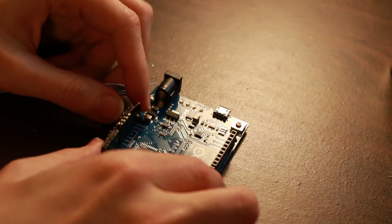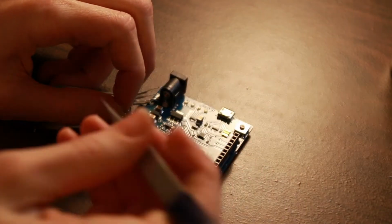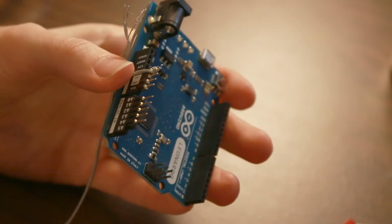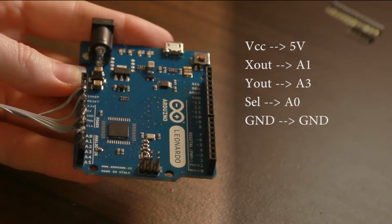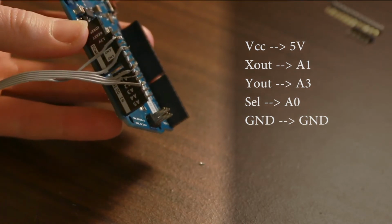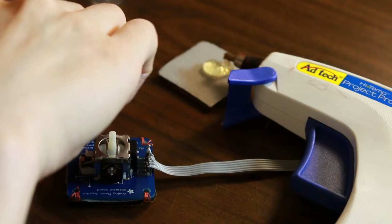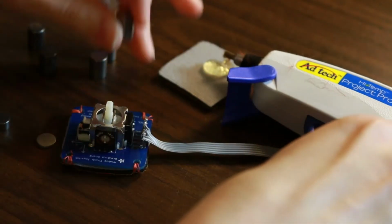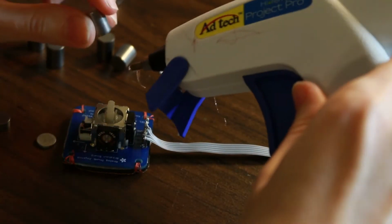I'm wrapping my wire around the pin. Tweezers help a lot for this. Okay, so that's one, and then after the VCC, the X and the Y is connected to A1 and A3. The select, which is the button, is connected to A0, and ground is connected to ground. Alright, so hot glue, you have to work very quickly. You can see it's been sitting there and it just